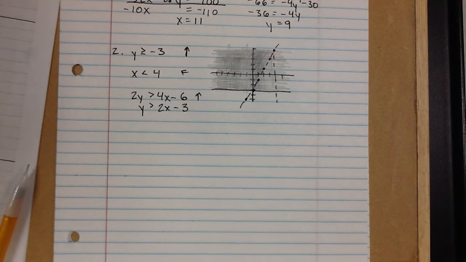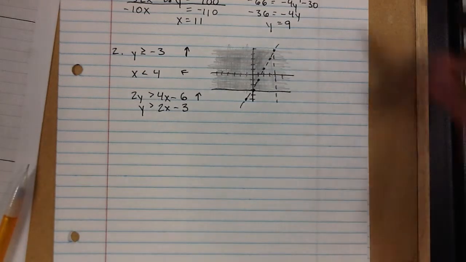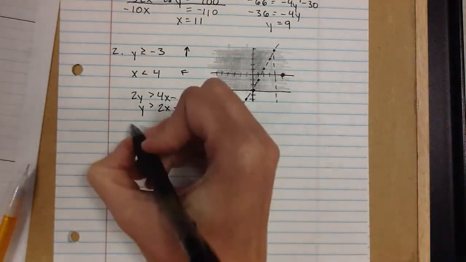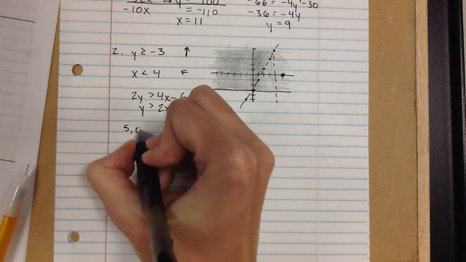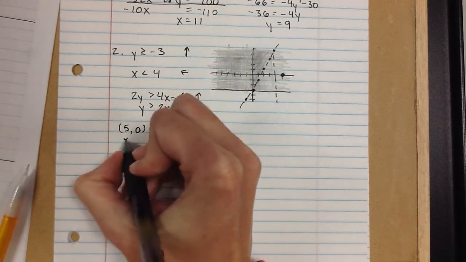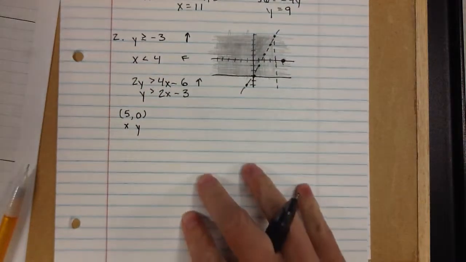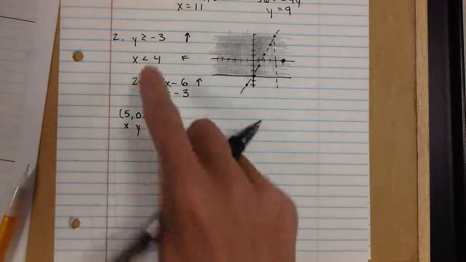In order for it to solve the system. So I'm going to take this point right here, and that's at 5, 0. 5, 0, that's my point. And I'm going to start plugging it in to these inequalities up here. So the first one I plug